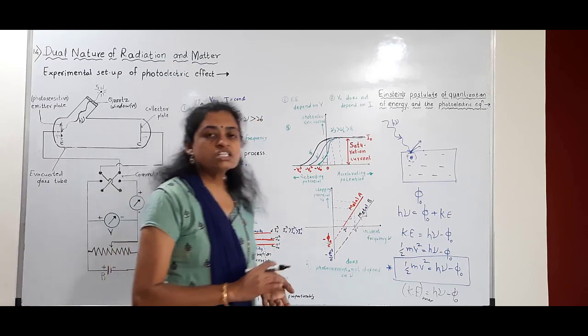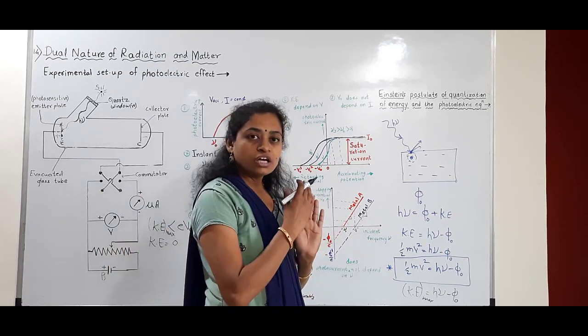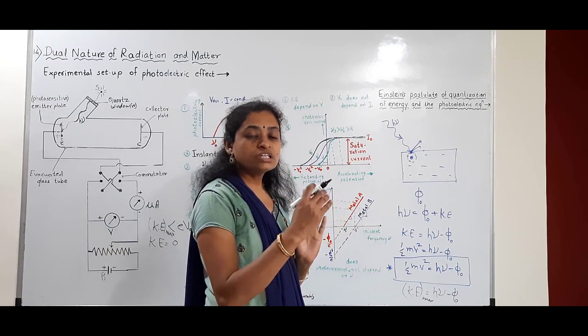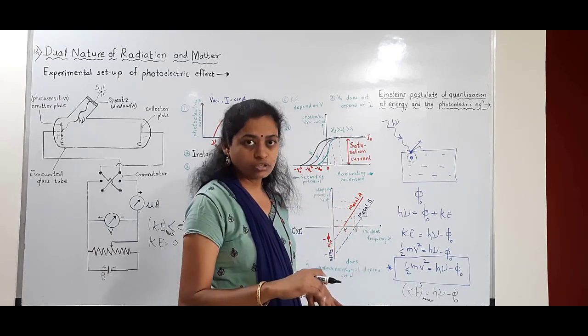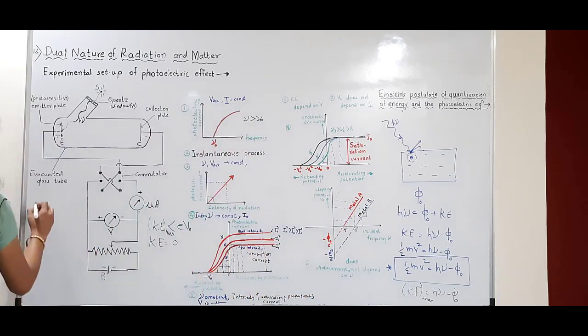Next observation is about the kinetic energy. It means the kinetic energy of the emitted electron is different for different electrons. How can we explain this? Now consider this is a metal surface,